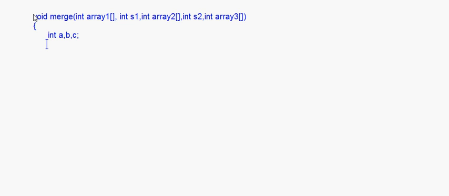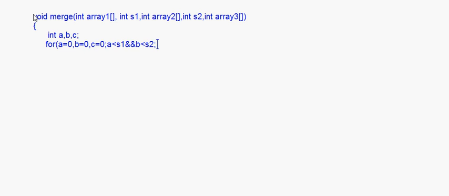Now here you see we put that for loop. In the last video I had explained the logic behind this. So here I have the for loop: for a is equal to 0, comma b is equal to 0, comma c is equal to 0, and then a less than s1, size of the first array, and b less than s2, size of the second array.